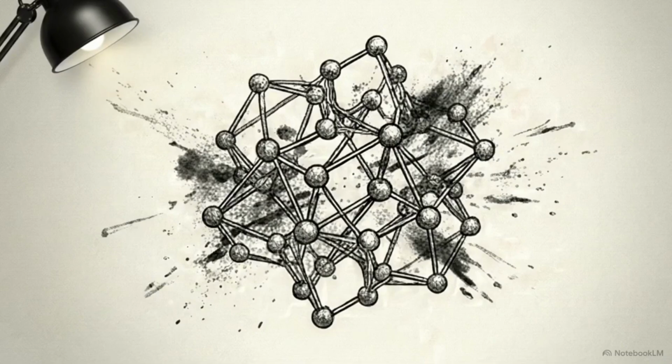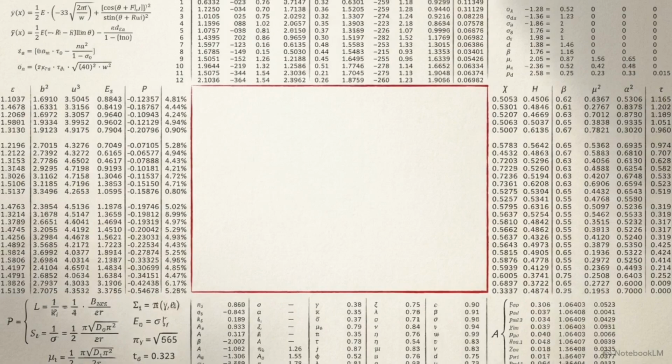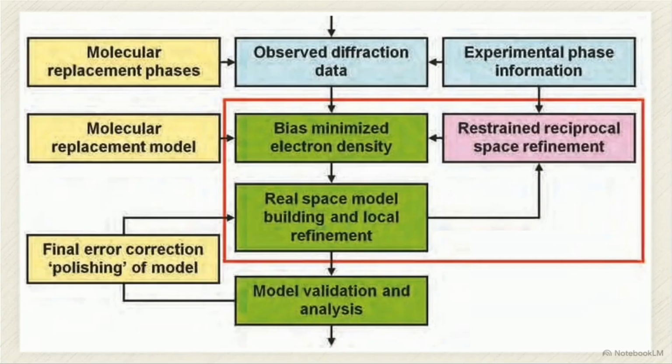To find the exact atomic arrangement of a protein, crystallographers use X-ray diffraction to generate an electron density map. But constructing this three-dimensional map requires phase data that is physically lost during the experiment. If you start with flawed assumptions to guess those phases, the math will weaponize those errors against you. This modern crystallographic refinement pipeline is a continuous, dual-space loop designed to force a flawed initial model toward the true